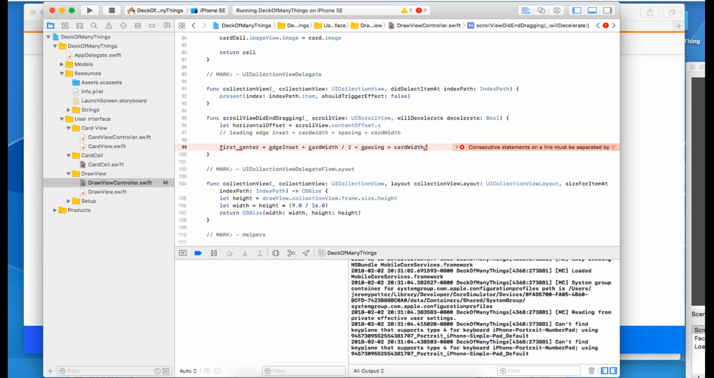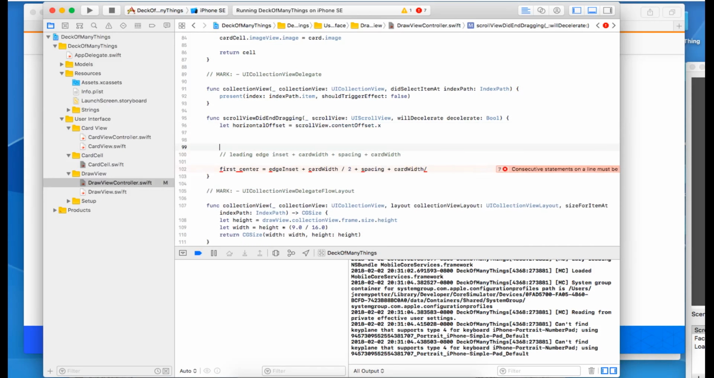So if we subtract this, that gives us 0, and that gives us 0. And then divide the remainder by spacing plus card width. And then just go to the nearest one. That should do it. So